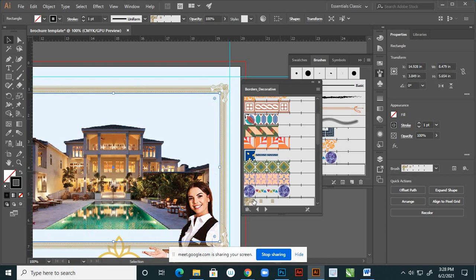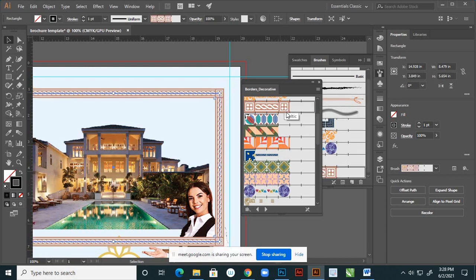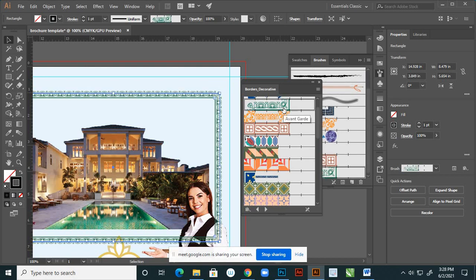Yeah, it is something good, right? I'll check with some other borders, then we'll finalize.